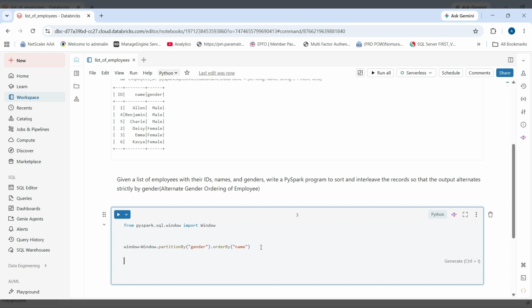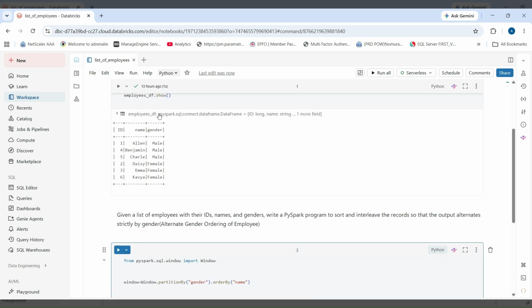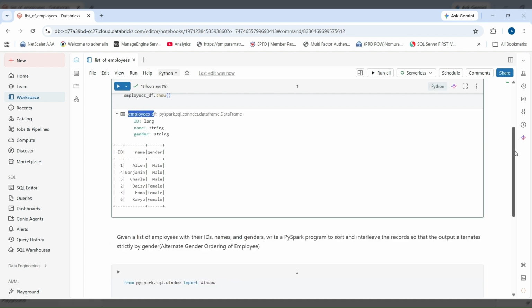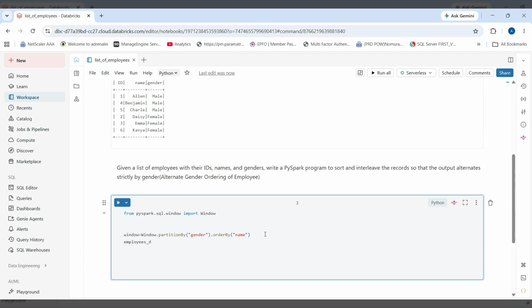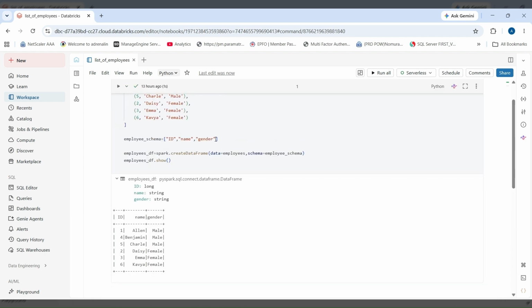Consider we have the employee dataset. Which DataFrame do we have? The employee DataFrame we have. I'm going to select which columns we want: employee ID, name, and gender. All three columns we want. So I'm going to select all three columns